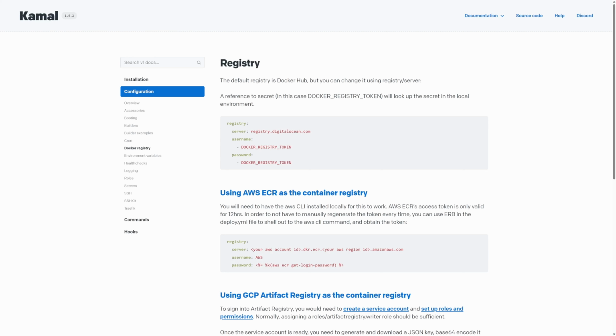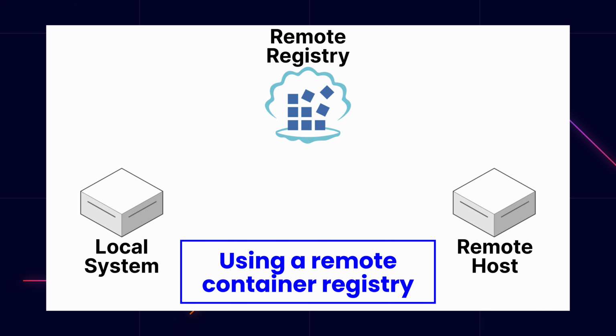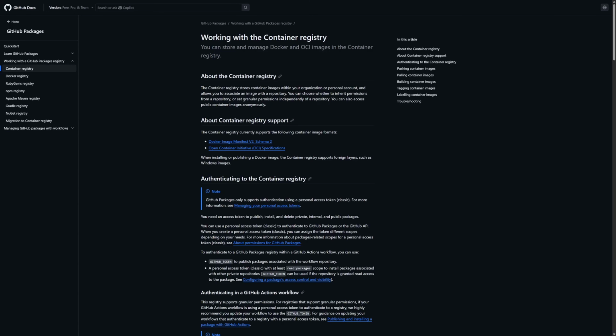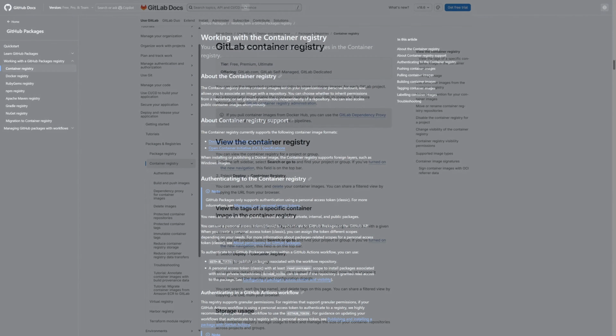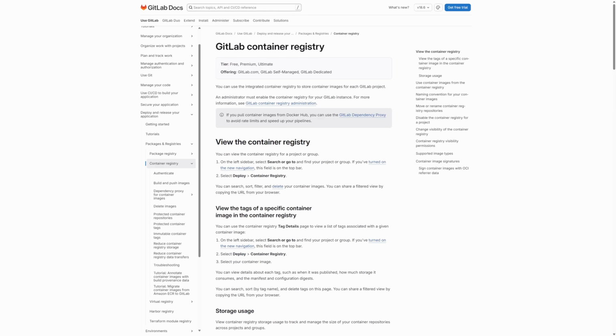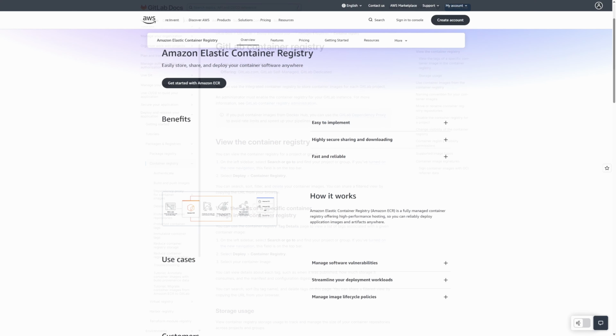One of the main barriers to entry with Kamal is that it would require you to have access to a remote Docker container registry. When deploying your app using Kamal, it builds the image from the Dockerfile in your repository, pushes it to the remote container registry, and then pulls that image into the server where you're deploying. While services like GitHub, GitLab, and Amazon Web Services all offer container registries, each requires configuration, permission setup, and sometimes